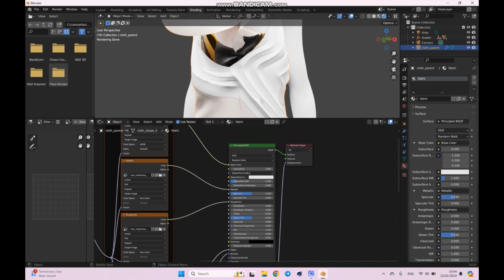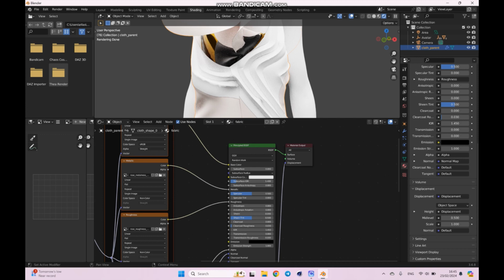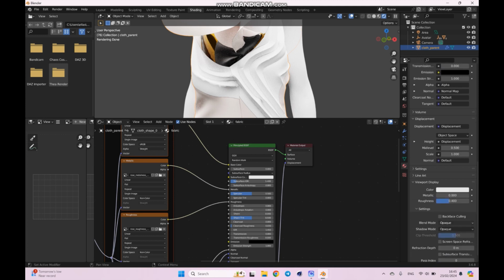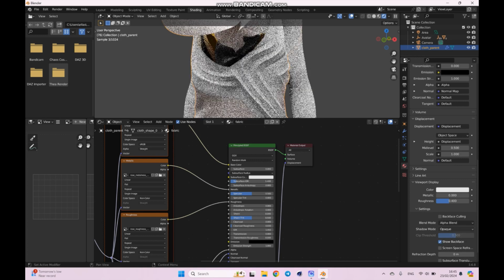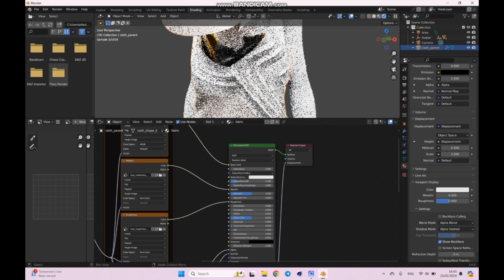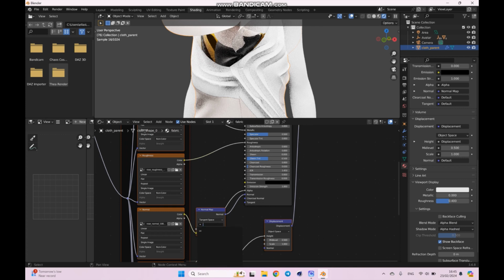One of them is, under the material tab, set the viewport display blend mode to alpha blend, and shadow mode to alpha hash. Most of the time this technique is going to work, but if it doesn't work at all,